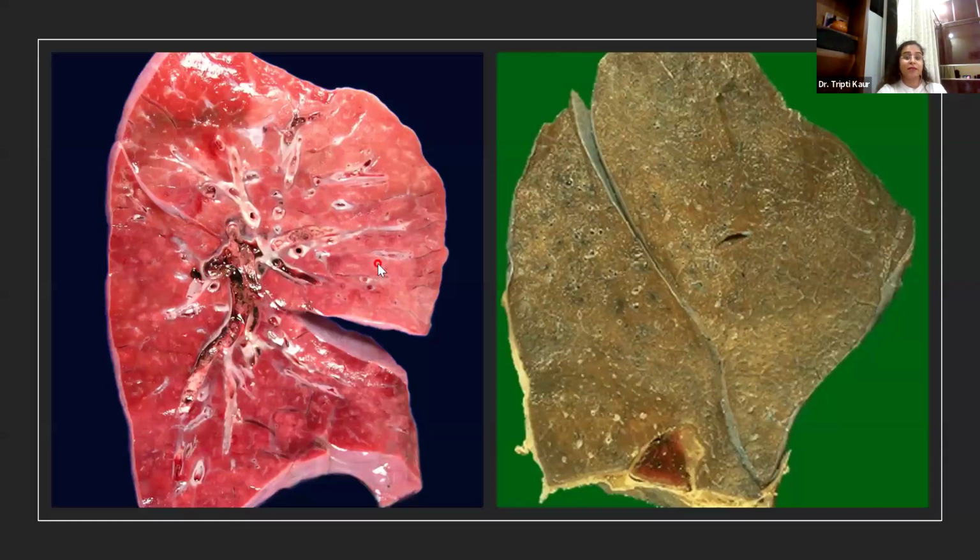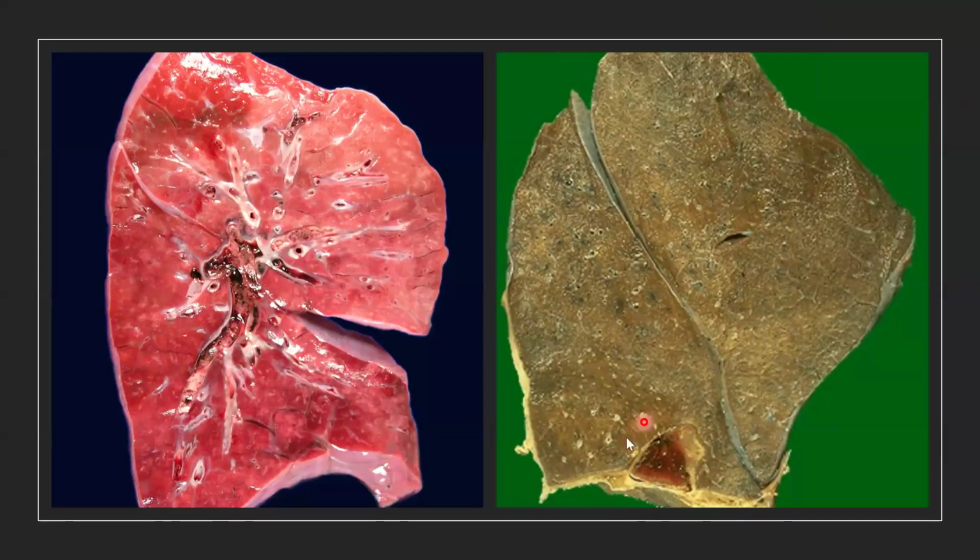You can get something like this as well. You need to look at the vessels very carefully. There are nice thrombi completely occluding the vessels, and some pale zones have already started to appear. You can see these pale zones. It's not homogeneous. And what is this? A wedge-shaped infarct. Yes, it's a wedge-shaped infarct. Correct.